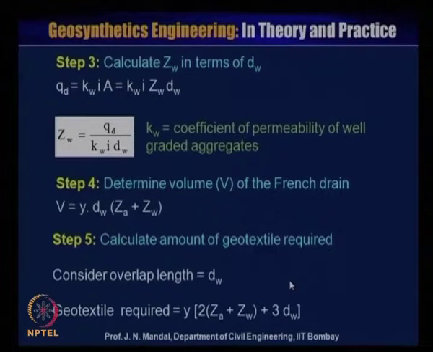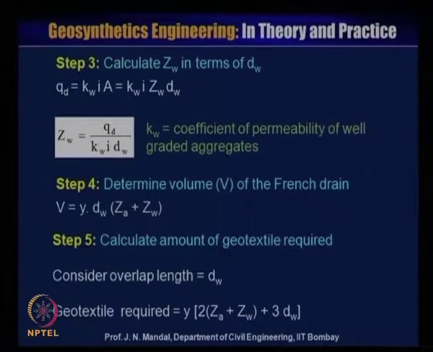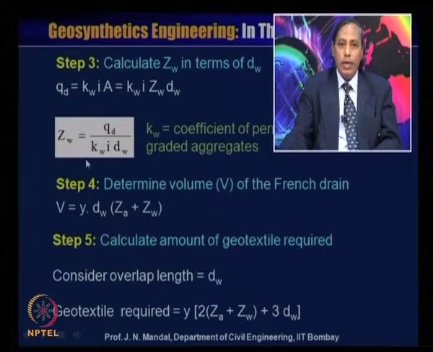Now step 3, calculate ZW in terms of dW. So you know this equation, QD is equal to KW into I into A, which is dW into ZW, where KW is the coefficient of permeability of the well graded aggregate. From this equation you can calculate ZW, that means ZW is equal to QD divided by KW into I into